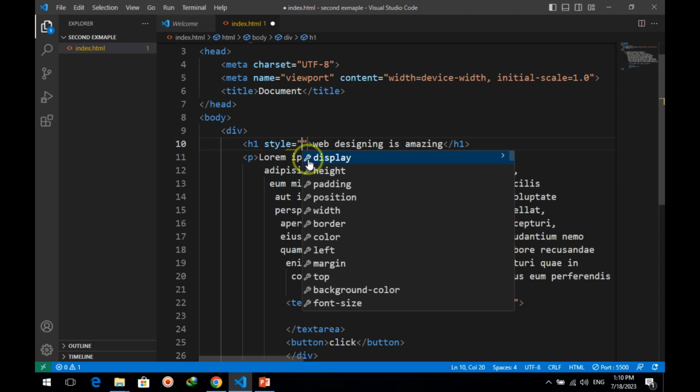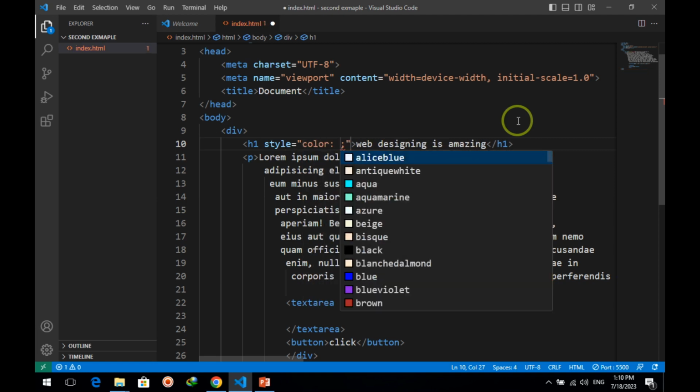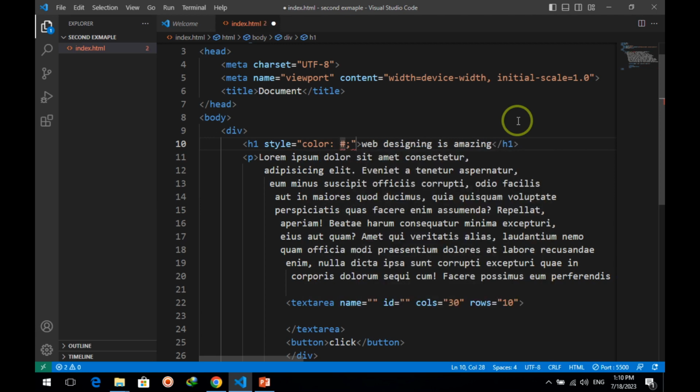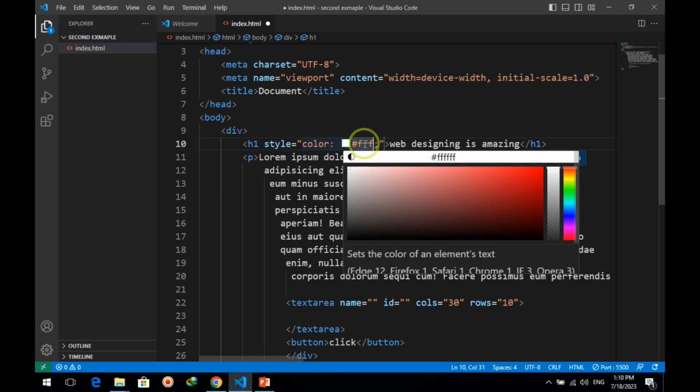Inside of this we can give some style to this heading. For example, in here I say color, and I choose the color from here. For example, I say FFF, and from here bring your mouse on the color, and this color picker will appear, and you can